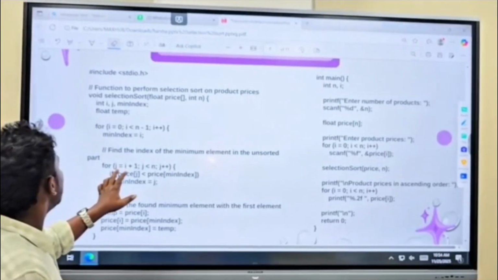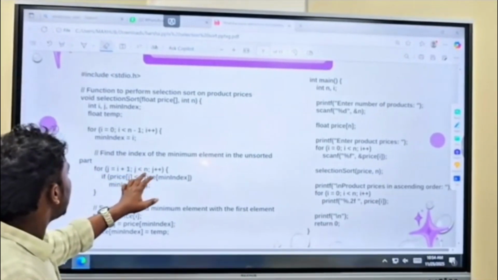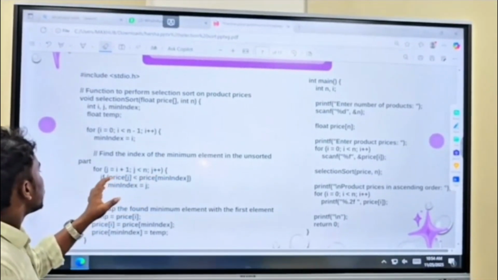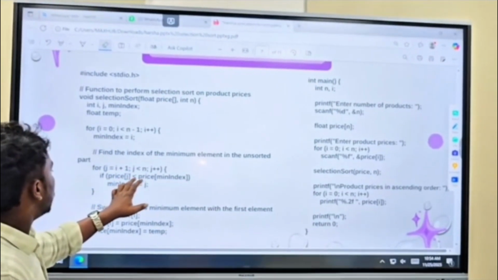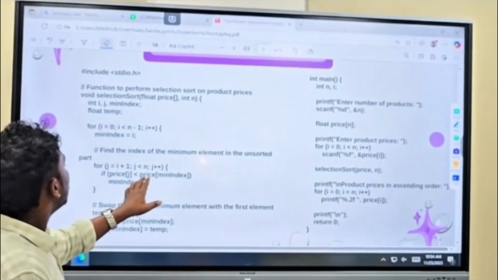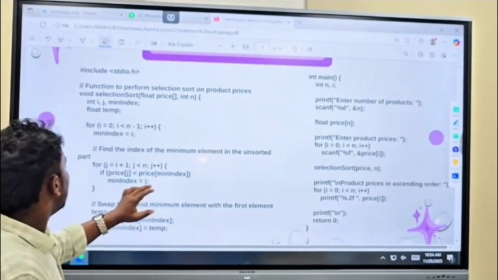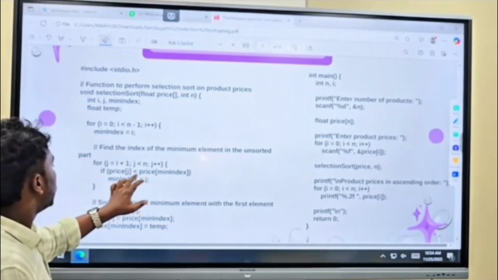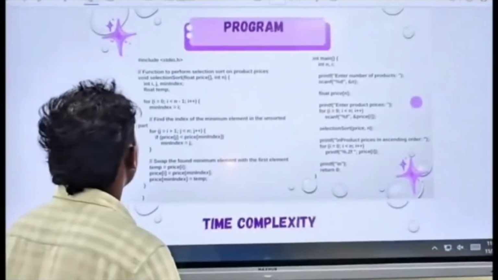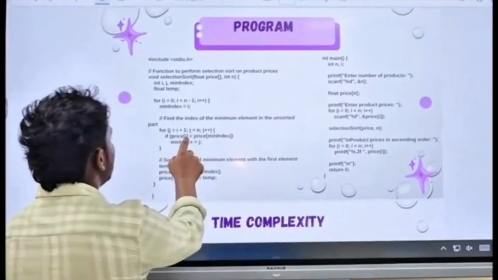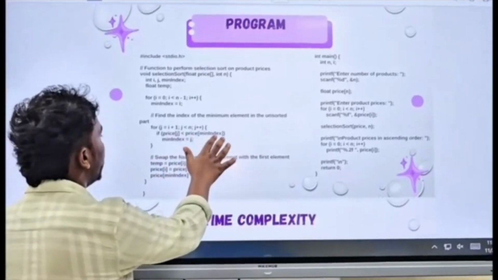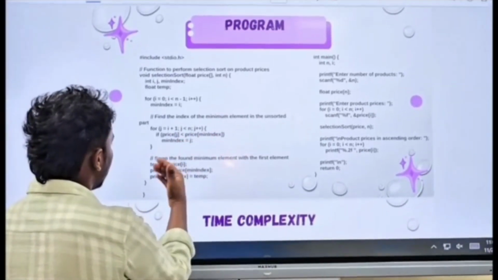Here j is equal to i plus 1, j less than n, j plus plus. Here, if price of j is less than price of min index, then min index is equal to j. While satisfying the condition price of j less than price of min index, outside the loop,